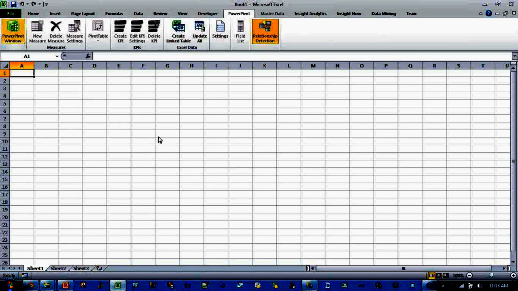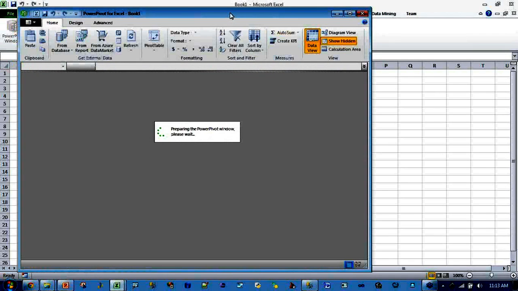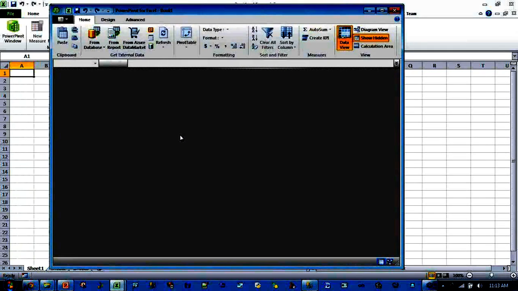You launch it by clicking launch the Power Pivot window, and then it will launch up. And then what you're going to do is pull in data from different locations, and then you're going to display it out in a pivot table. So one of the things I always tell people, if they are new to this paradigm, whether it's the developers or whether it's the end users or the business owners, just from my many years of experience working in data